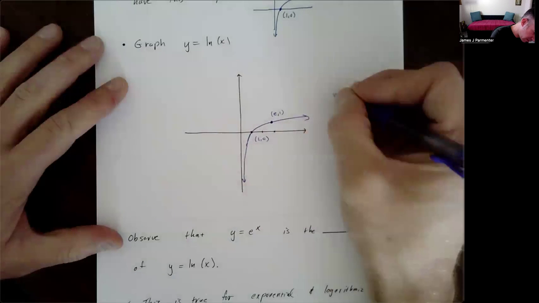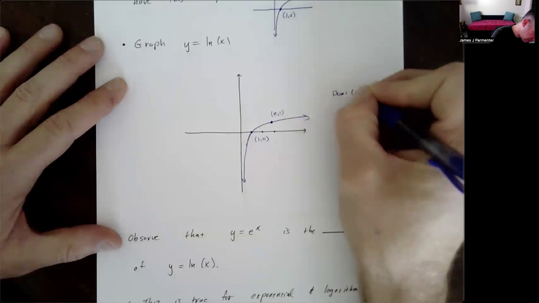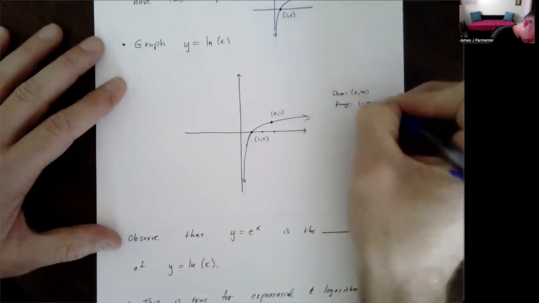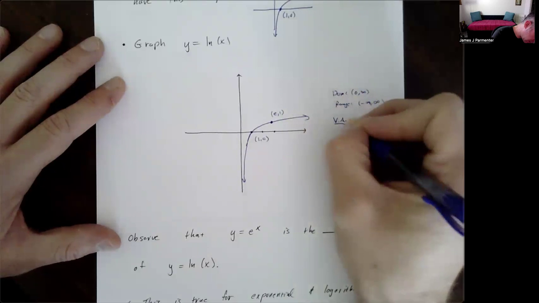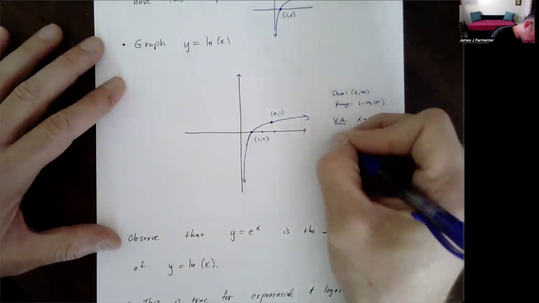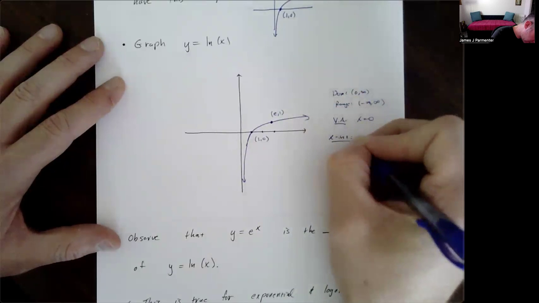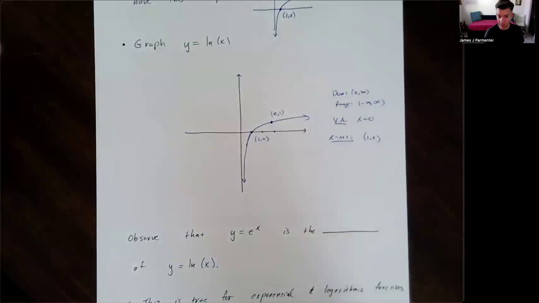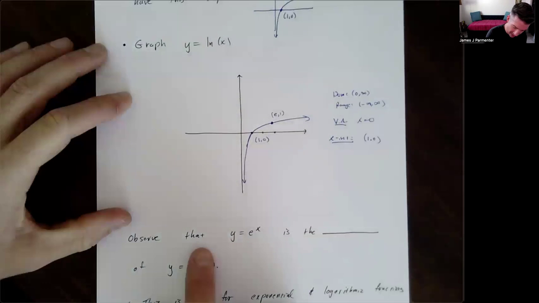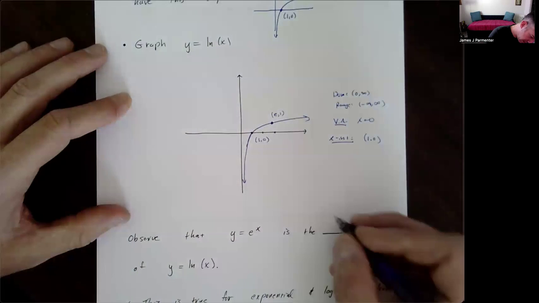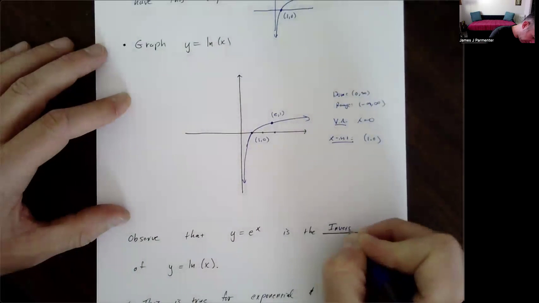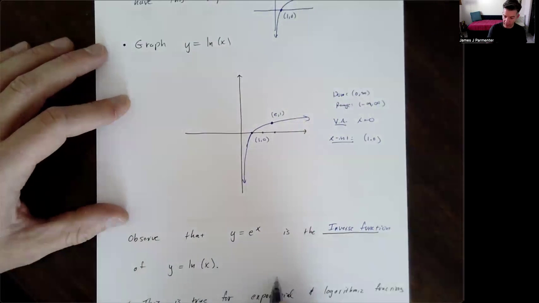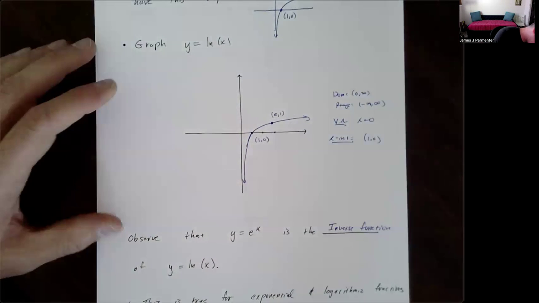But I don't even want that point really. Usual stuff. Domain, all positive numbers. Range, all real numbers. Vertical asymptote, x equals 0. X-intercept, 1 comma 0. I will also point out, just like I did for 2 to the x and log base 2 of x, that y equals e to the x is the inverse function, if you like, of y equals natural log of x. And if I graph it, oh yeah, we can see that. So if I graph y equals e to the x,